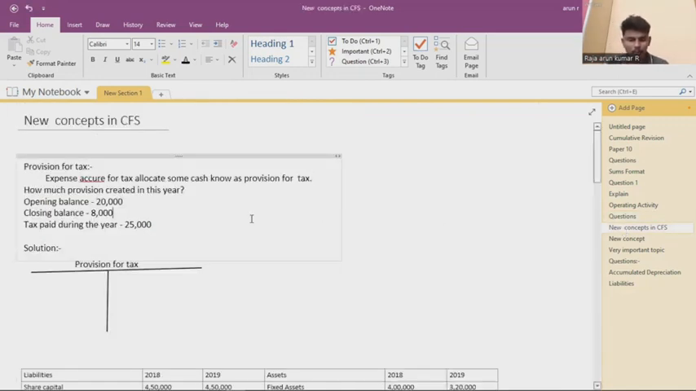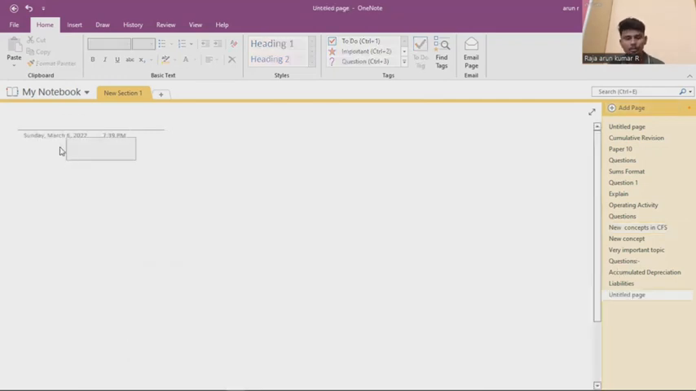Okay, this is the new concept: provision for taxation. In the cash flow statement, provision for taxation is one transaction. Okay, what is provision for taxation? I hope you all understand the provision for taxation. I will tell you that